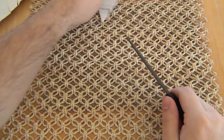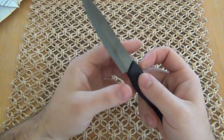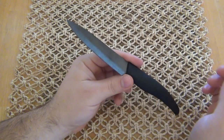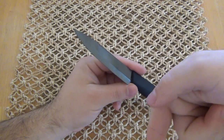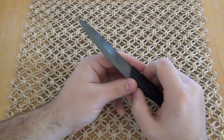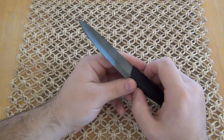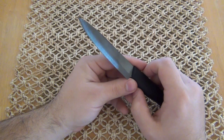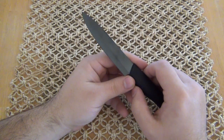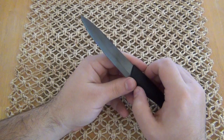All right, now one of the pros to this knife, or ceramic blades in general, is that it will hold an edge for a very long time. Now, I'm not talking about you, I'm not talking about me. I'm talking about the average person. The average person does not take care of their knives. The average person doesn't have a knife collection, but they do have a set of kitchen cutlery, or perhaps just a couple of random knives they got from Walmart for, you know, $3. But regardless, every single household, or I should say most, have some kind of kitchen cutlery that they use to prepare...